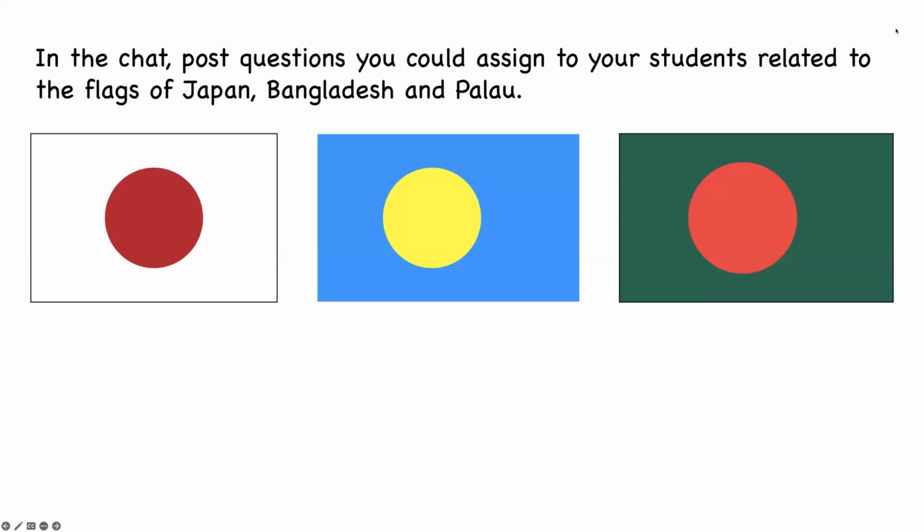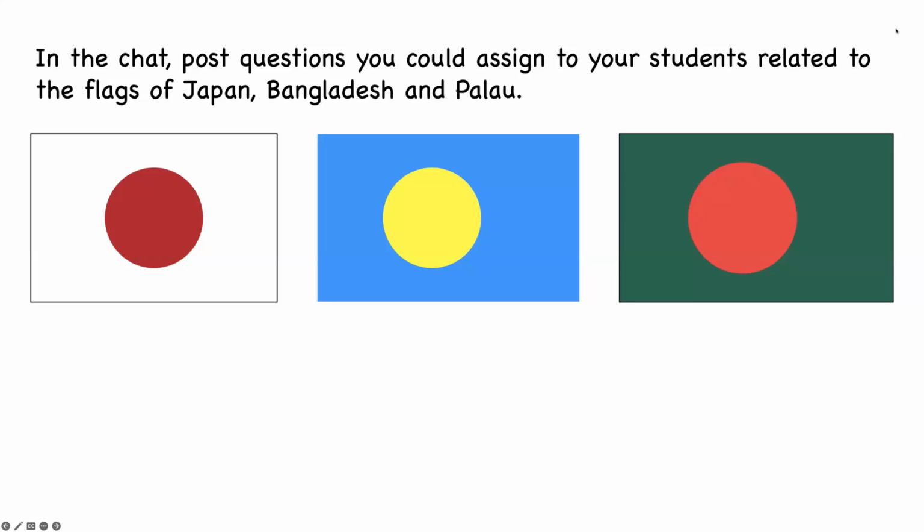Oh, by the way, how does the color reflect the culture of the region? Wow, that is a great question about color. And I have a whole collection of books about flags. A lot of these get into the reasons for the choice of flags. Like, why is it that Bangladesh is green and red? And why is it that Japan is a red circle? For most flags, there are reasons for this. They didn't wake up one morning and say, well, I think we'll just stick a red circle in the middle. There are historical reasons for those choices. This is a really nice way of bringing history into your classroom, as well.